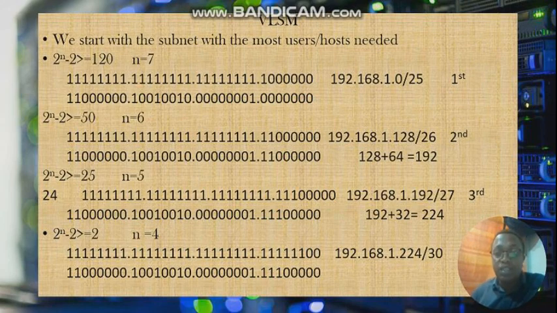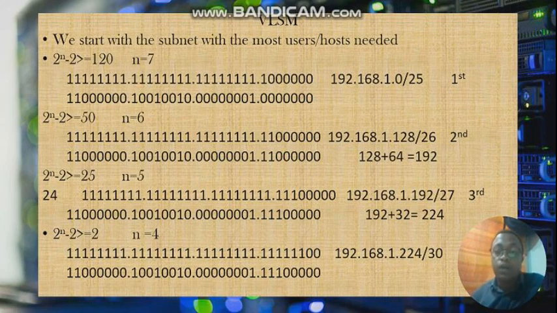So as I said earlier, the network address for the third network will be 192.168.1.192 with a subnet mask of /27, since we are borrowing 5 bits from the subnet mask in order to accommodate this network. And the other network, of course,